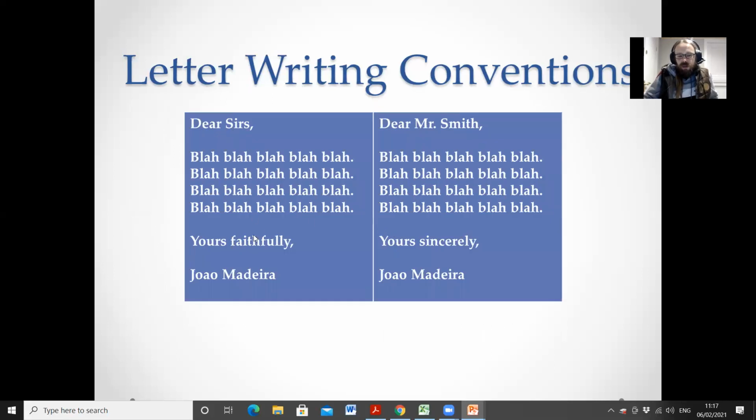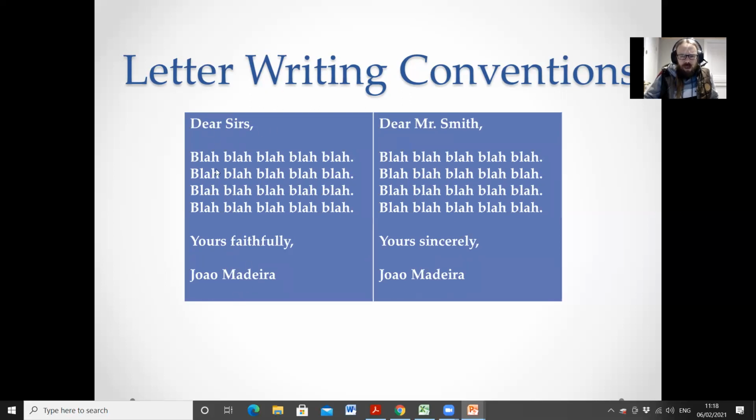So, dear sir, faithfully; dear Mr. Madeira, yours sincerely. Okay, so you can make a note of these in your dictionary so you don't mess it up for the exam, for the written exam. If you get it in the sight translation, you might get it in the sight translation. The sight translations are quite often in the form of letters. So I would memorize